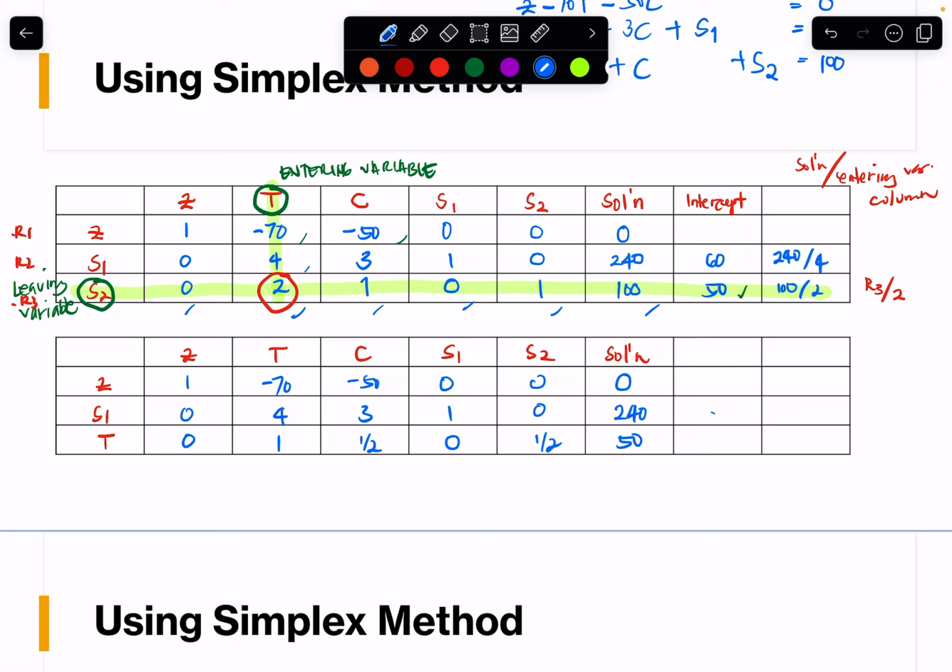So after making our pivot element equal to 1, we have to make all the rows above the pivot element 0. Since this is our pivot row, I want to make the negative 70 and positive 4 equal to 0. So to do that,